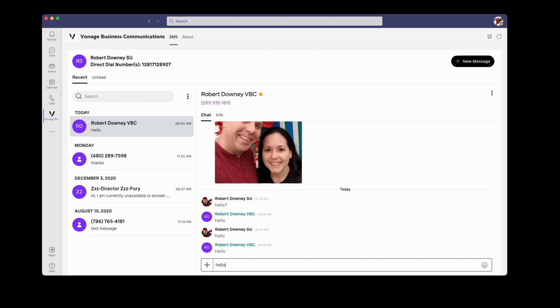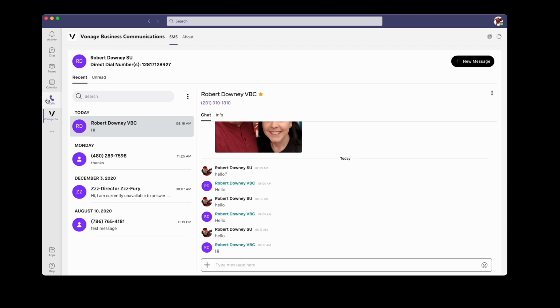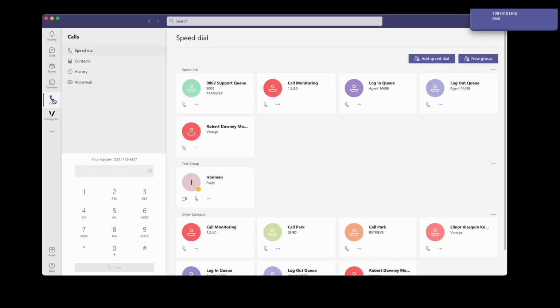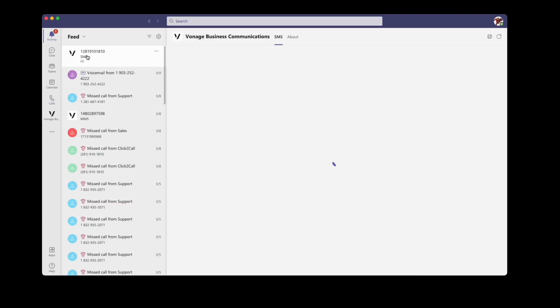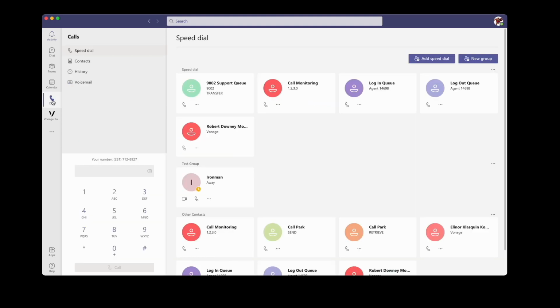And as I send these responses out to my cell phone, when I go back in, I can send a simple reply back. And as I navigate off the screen, you'll see an indicator come up for Microsoft Teams letting me know that there is a message. And I can also click on the activity window, which will take me directly to that message interaction. This is a great feature to have inside of Microsoft Teams, and by leveraging our integration, you can now tie all of your systems together in one single interface.